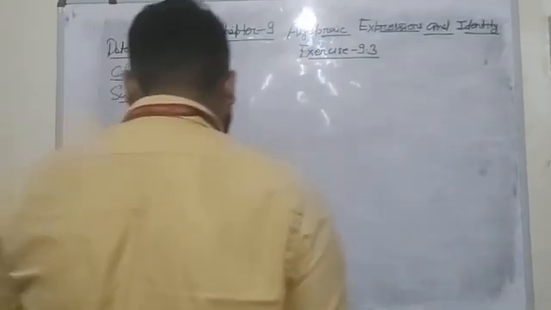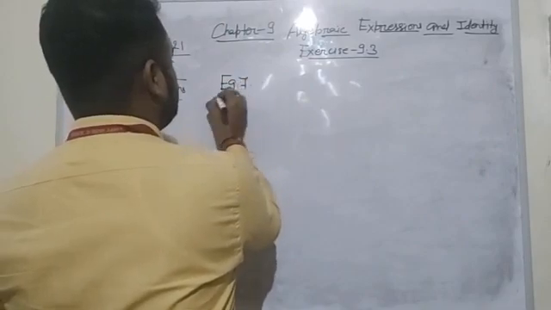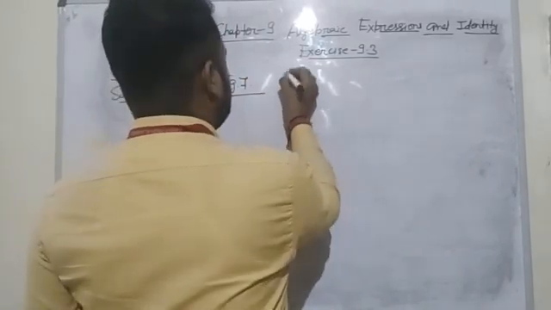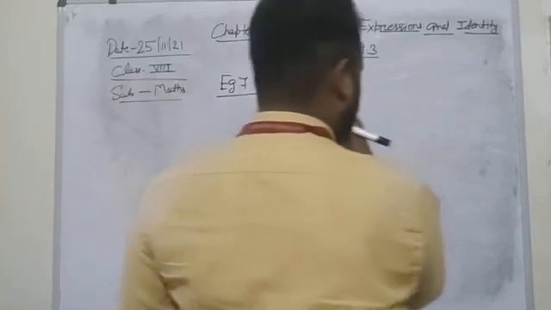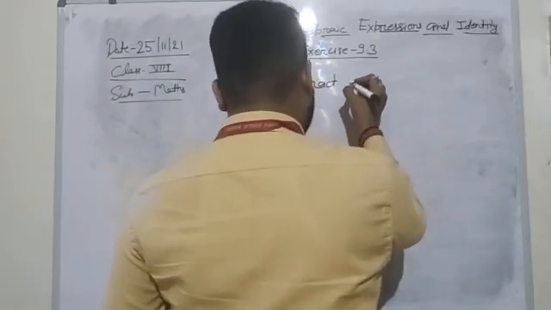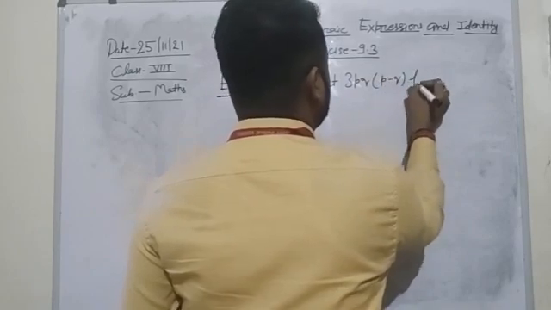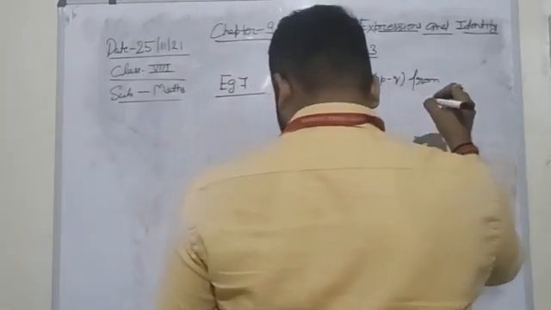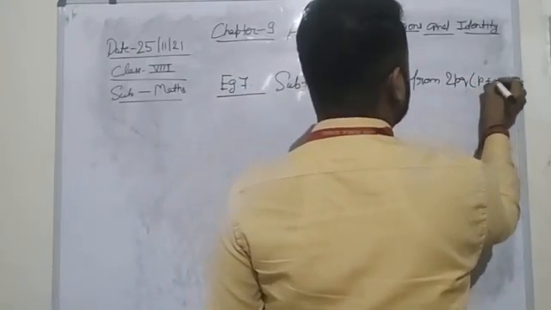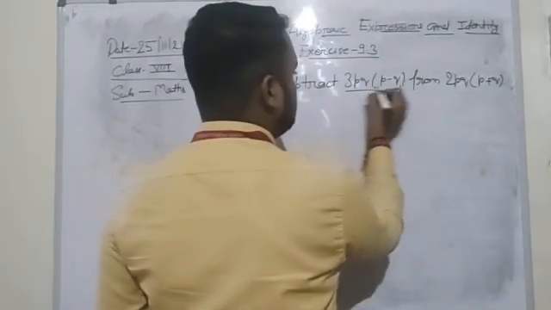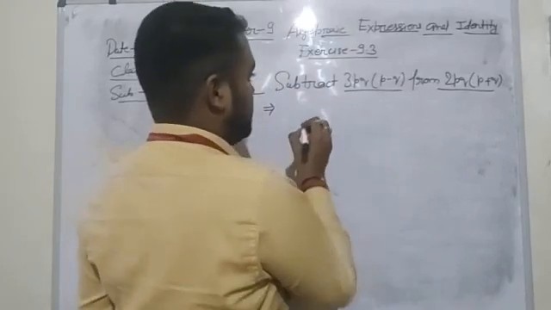Now the next example is example 7. Example 7 is: subtract 3pq(p − q) from 2pq(p + q). We have to subtract this algebraic expression from this one, so it can be written in mathematical operation as